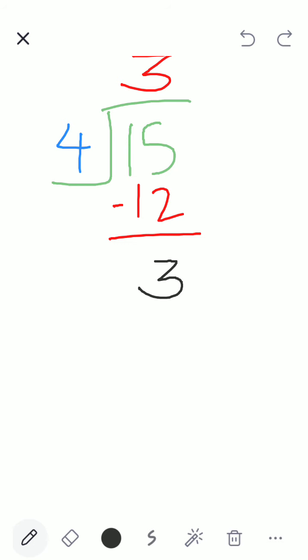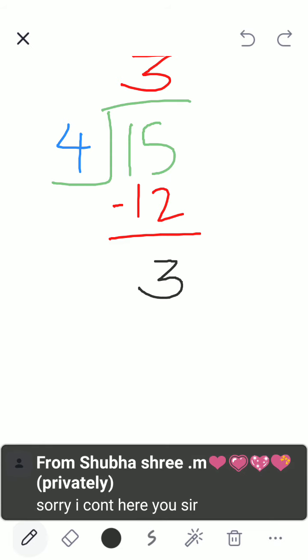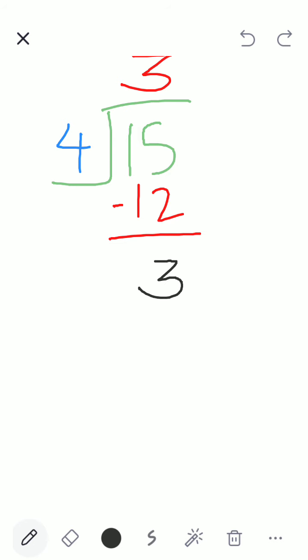Children, please mute after answering. Thank you. Now I want to divide these 3 remaining fruits among the 4 children. So what will I do? I will divide each of those fruits. I will put a decimal, which means I am dividing the 3 fruits into 30 equal pieces. Now I have 30 equal pieces of the fruit.